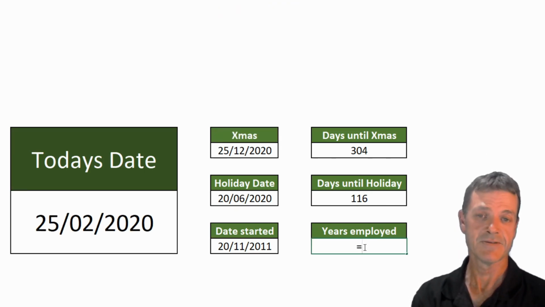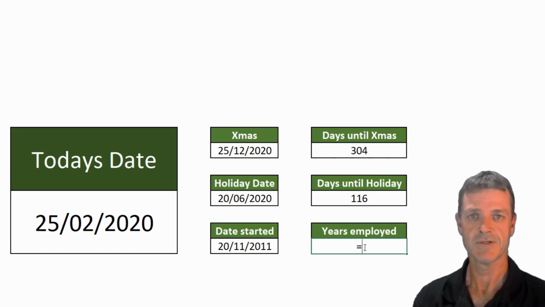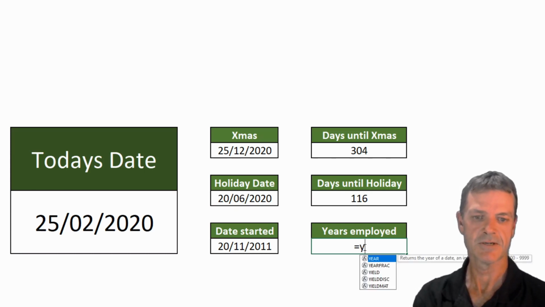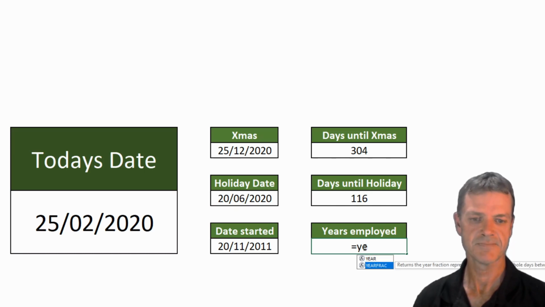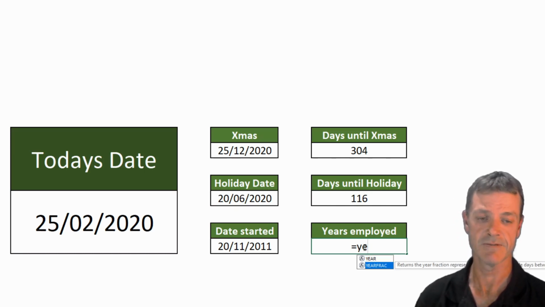With over 450 functions in Excel, there's almost always a function for whatever you are trying to calculate. It's just a matter of knowing what they are. And as soon as you go equals and start typing a letter, it'll bring up a list. So you can see there's 5 functions there that all start with Y. As soon as I start typing more letters, it'll cut that list down. So there's 2 that have YE at the start. I'm actually after YEARFRAC, which returns the year fraction representing the number of whole days between a start date and